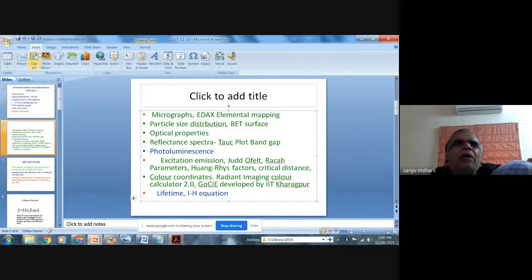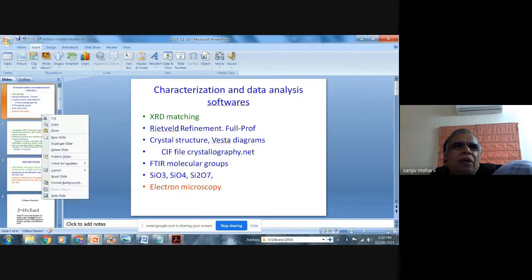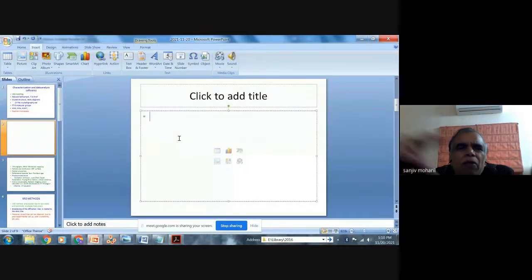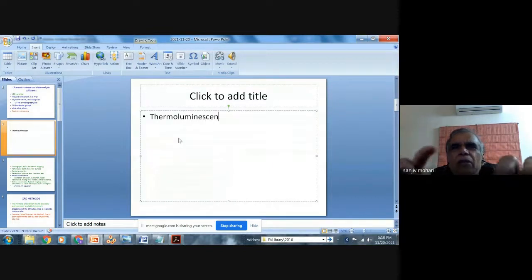Now, there are also other types of luminescence experiments, for example, thermoluminescence. In the case of thermoluminescence, we obtain the glow curve, then we analyze it in terms of trapping parameters.